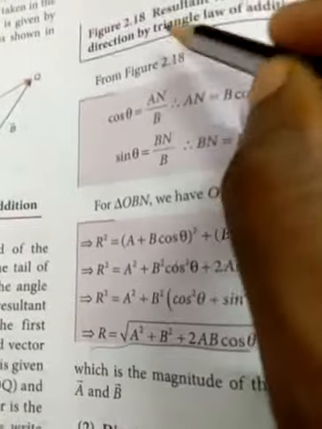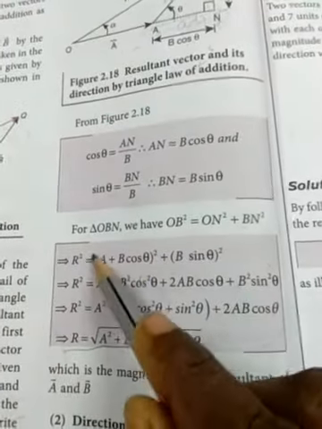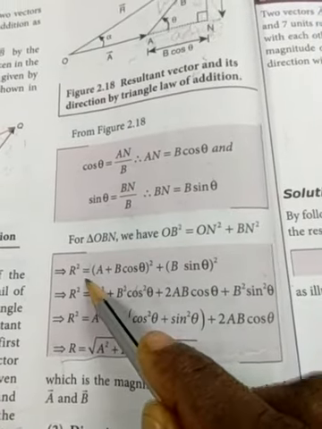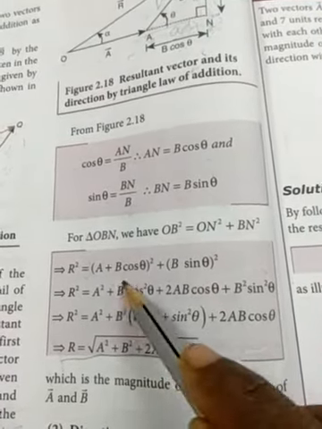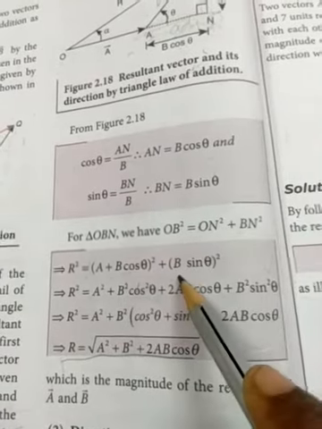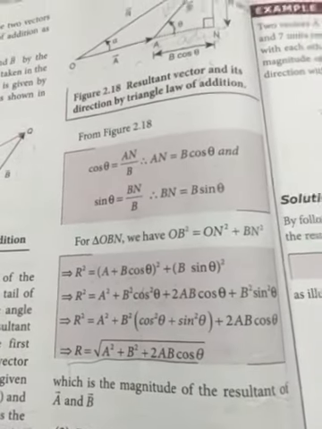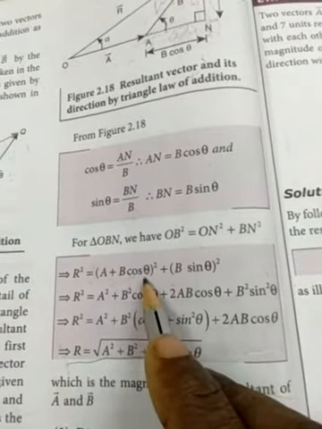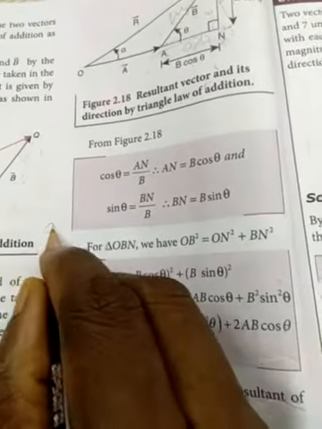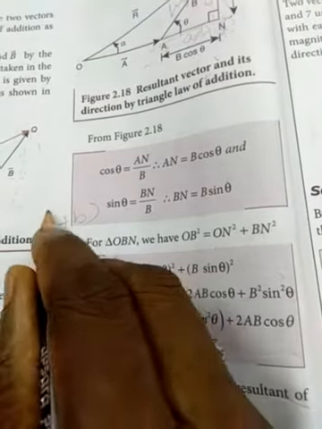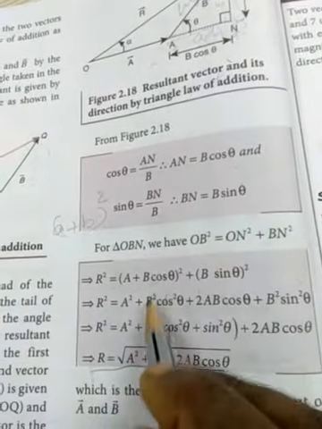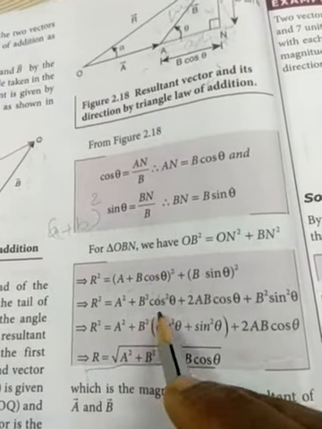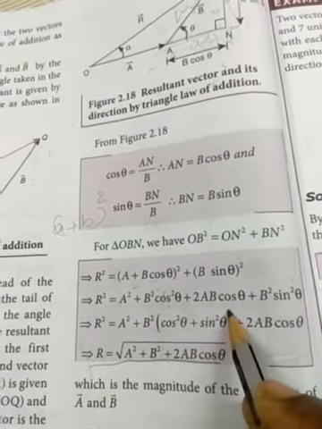You see that the R vector means the A vector plus the B vector, or the whole value. So now the value of the a vector is (a plus b cos theta) square plus (b sin theta) square. You have to substitute this value here. So for (a plus b cos theta) square, we use the algebraic formula (a plus b) whole square, and we are expanding that: a square plus b square cos square theta plus 2ab cos theta.